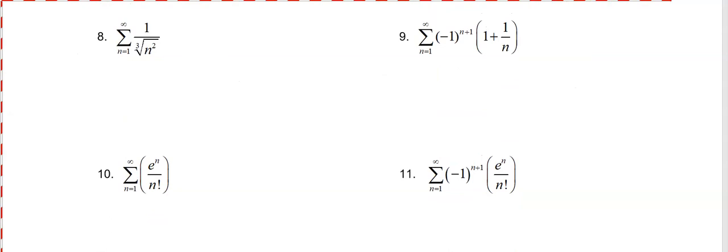8, n-term test first. So as n goes to infinity, this passes the n-term test. That would definitely go to 0. So passes the n-term test. That just means we got to consider some other things. I'm going to first rewrite this so it's easier to see. And then hopefully we would recognize that this is a series that right away would converge. You could do the ratio test if you really wanted to. But this is what we would call a p-series